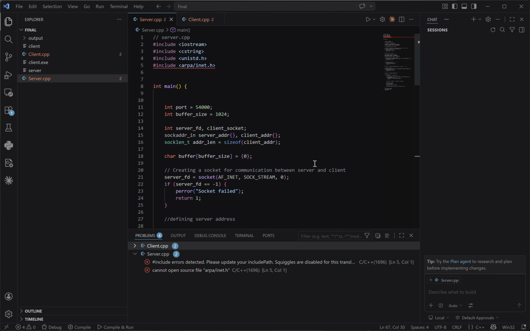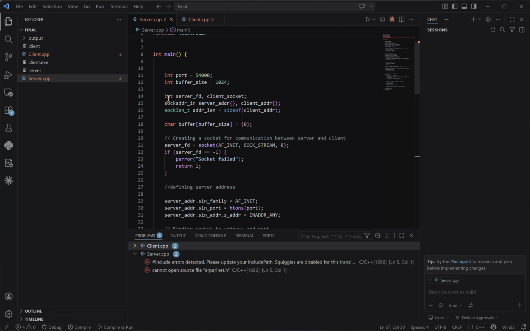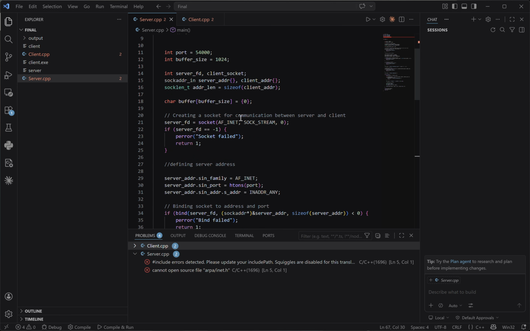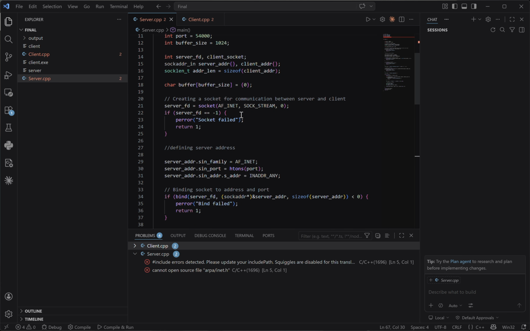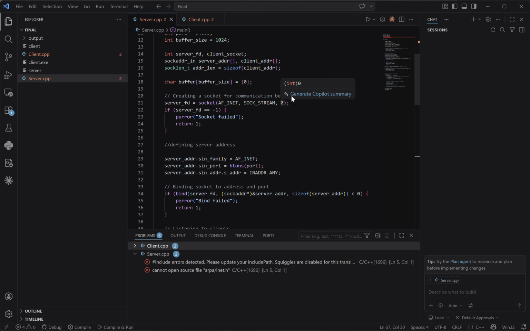Hello, this is the final code review for my CS330 final project, and I went for the option of instant communication between a server and a client, so it's just messages sent back and forth. Here, I define things like the port and buffer size to handle character inputs and general information. And here, I created a socket to establish the communication between the server